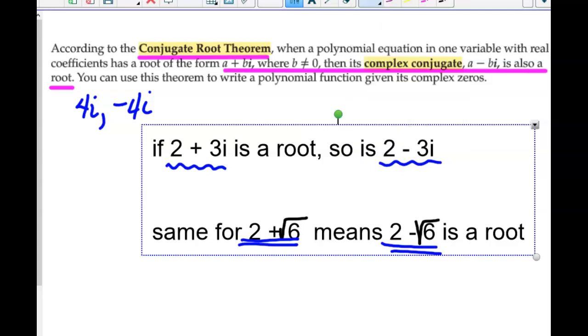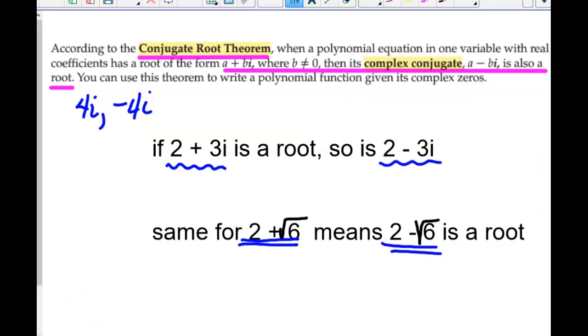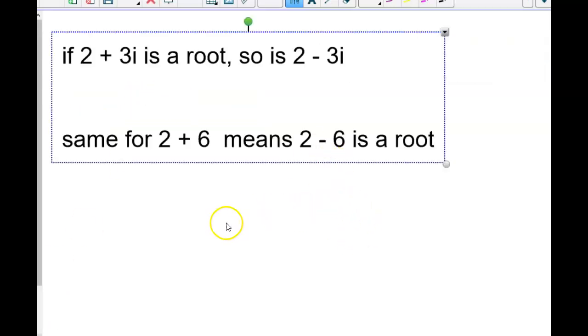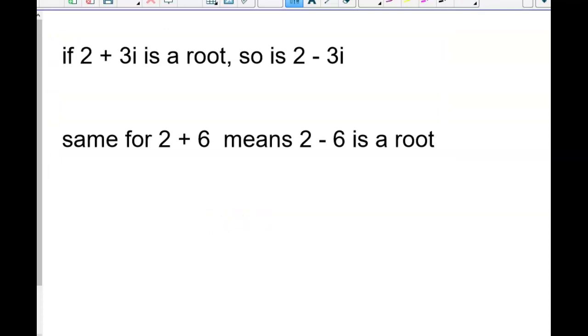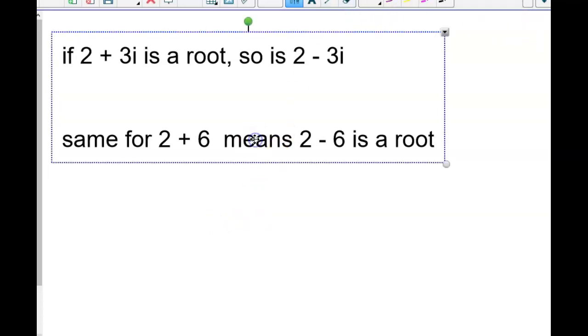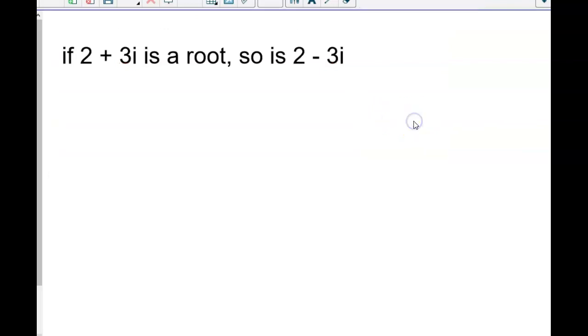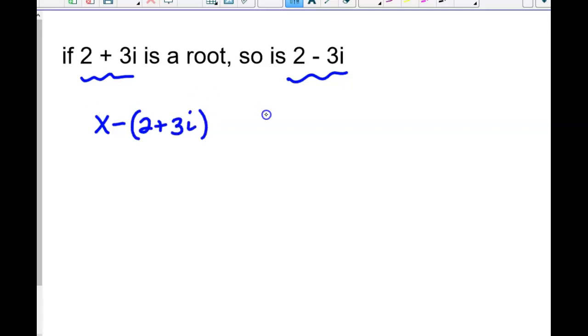We're going to have to find the quadratic that these are solutions of. You ready to try this? Okay, so it would be x minus, you know what, don't even write this down because I'm going to show you the shortcut again. And this one would be x minus,